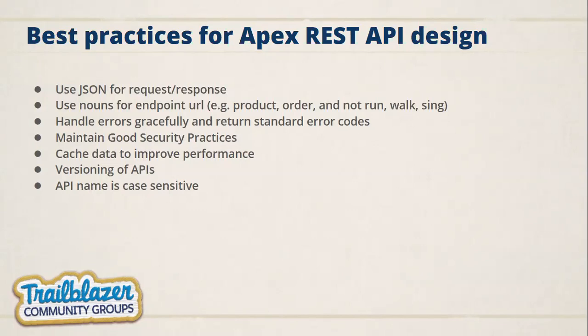Maintain good security practice. We should always use the available security guidelines. In Apex, we should follow profile security, and authenticate first for credentials and other information. By default, Salesforce has the capability that if the user does not have access to a particular record, they will not be able to get access to that record. So by default, Apex REST API has that norm. But if you want to enforce it forcefully, you can. Also, you should validate the data first, whatever data they are passing.